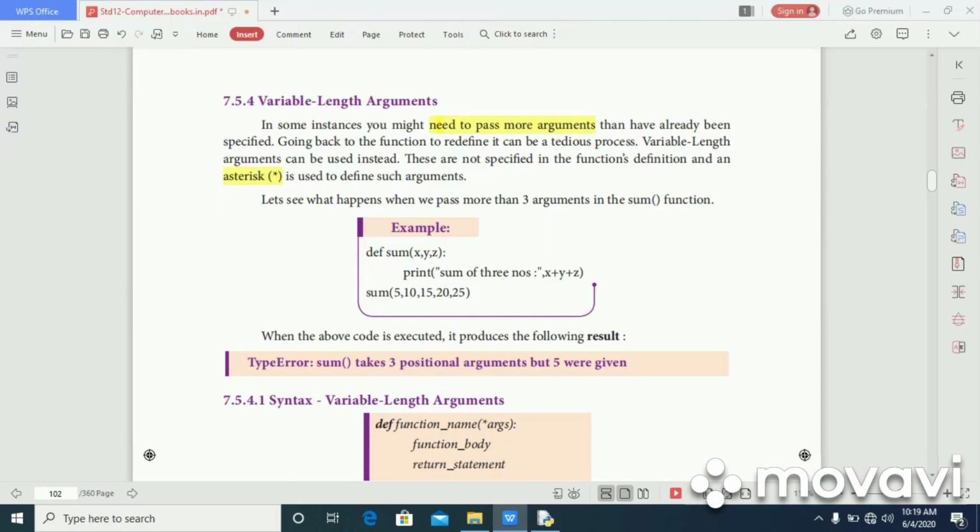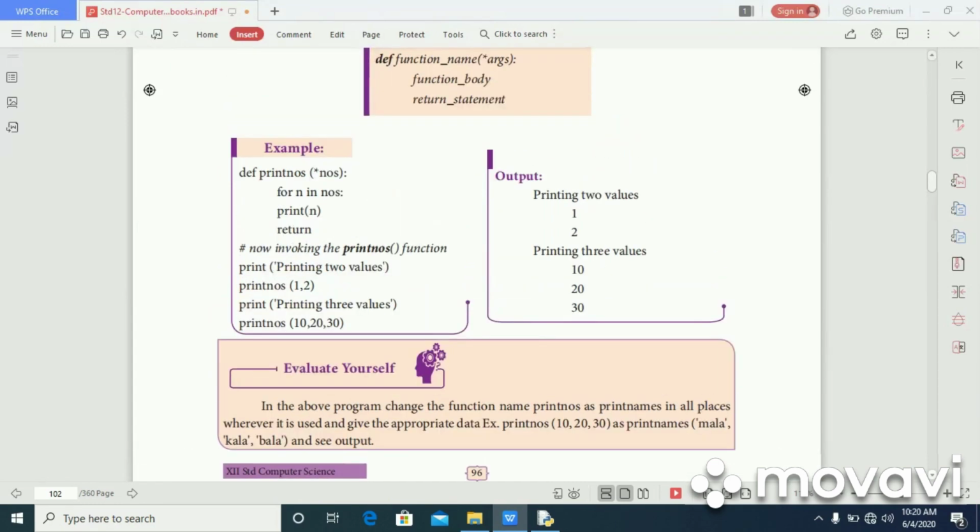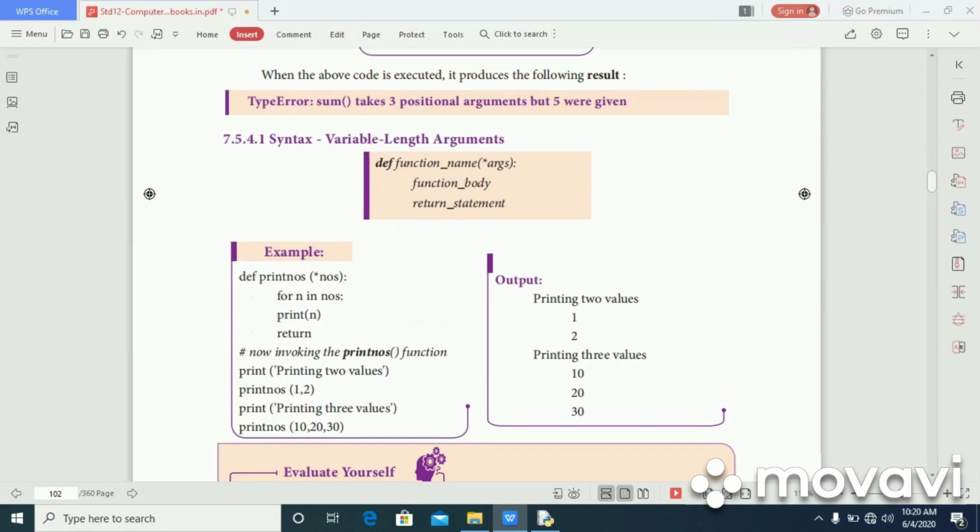So if the code is executed, it provides the following type error, because sum function takes 3 positional arguments but 5 are given. To avoid such a situation, we are going to use variable length arguments. Here is the syntax for variable length arguments: def function name(*args), function body, return statement.